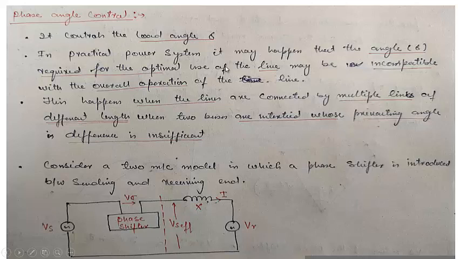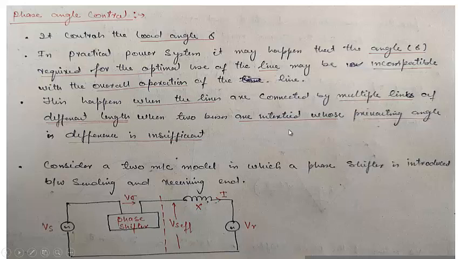Sometimes in a practical power system, it may happen that the angle delta required for the optimal use of the line may be incompatible with the overall operation of the line. That means we may have delta greater than usually 10 degrees, 20 degrees or 30 degrees, because we always want delta to be very small. So sometimes this delta is very close to 90 degrees, it may be incompatible because it may not be stable in transient nature. So this may happen when the lines are connected by multiple links of different lengths,